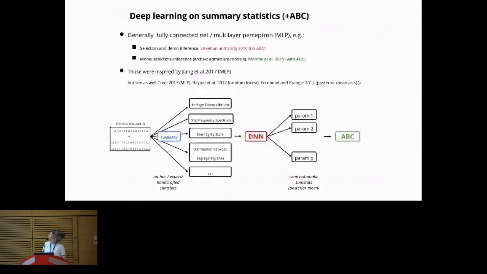Okay, so because of that, people have started using more and more summary statistics so as not to lose information. And instead of using this classical ABC with a rejection step, they used a deep neural network, which didn't have this issue with the curse of dimensionality and picking the distance. And the goal of the neural network is, as before, to predict here demographic parameters, to which at the end you can add or not an ABC step that would allow you to get the posterior.